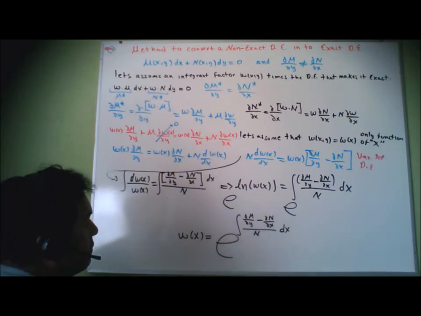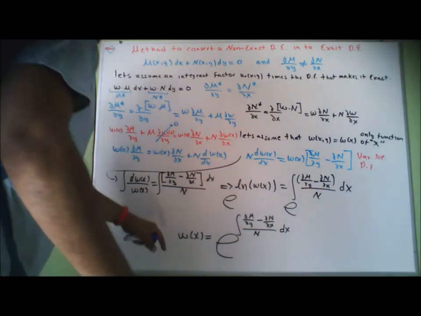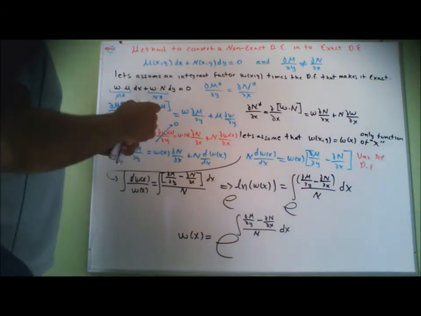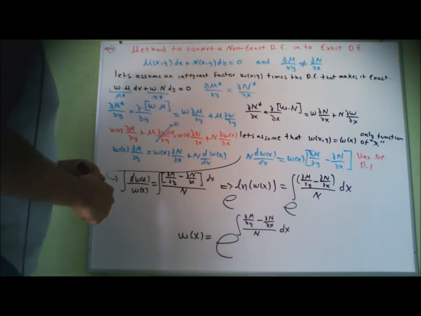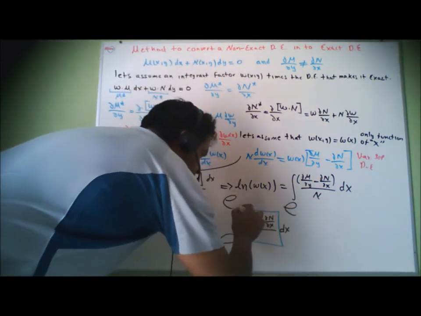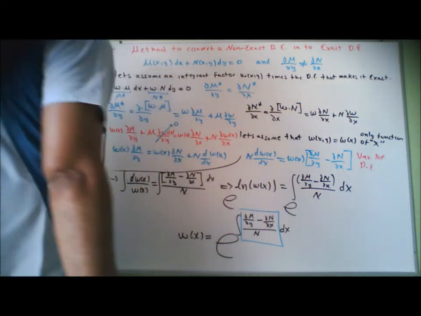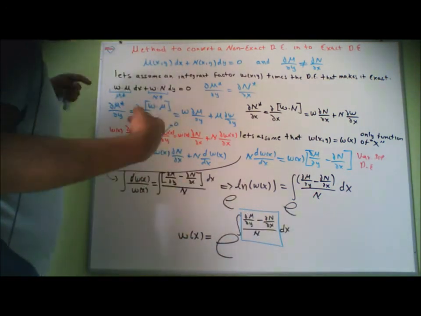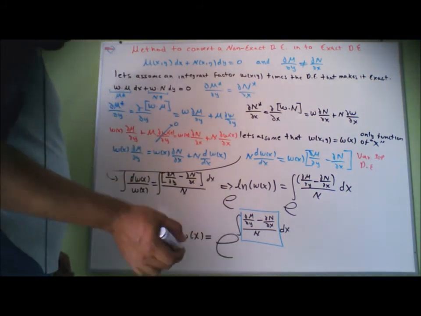All right? Now this is the formula to find an integrating factor such that the cross partial derivatives will be equal, and then it will be an exact differential equation. However, with one restriction. Now check this out. On this, the n is a function of two variables, and the partials are functions of two variables. But here the integral is a normal integral. Normal integral. So that means that this formula works only